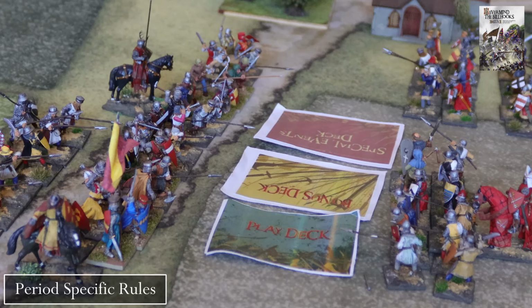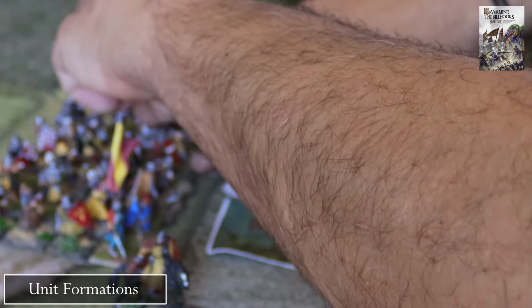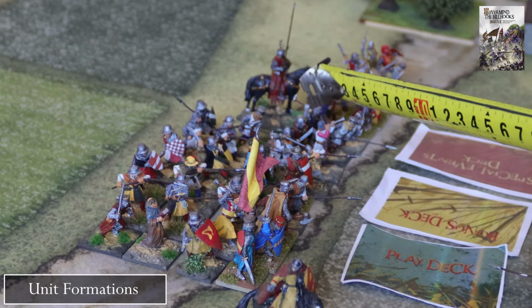This is one thing I like in Billhooks, and it is very important for me: the formations. They provide you with a hearse formation that has some advantages. You have block formations that I like very much, that can happen especially during hand-to-hand combat also. That is something I like, that units, as you can see here, can pile up